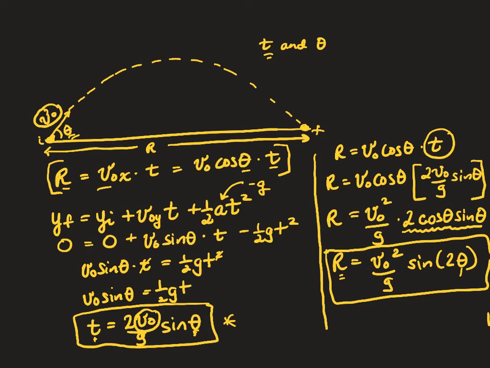If you plug in 60 degrees, which is the complement of 30, you'll get the same value for the range. Try it out. Sine of 2 times 30 is the sine of 60. And then if I plug in 60 for theta, I get the sine of 120. The sine of 60 is equal to the sine of 120 because of how the unit circle works. So what we find out is that complementary angles